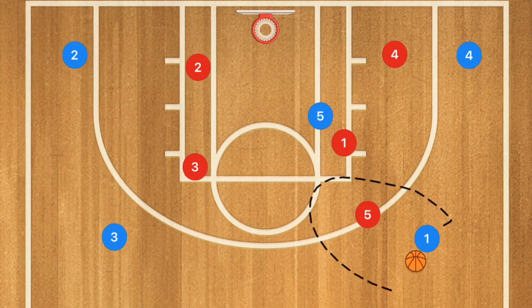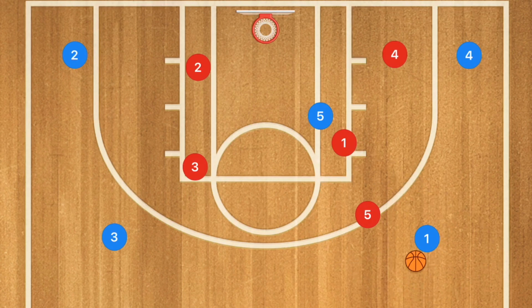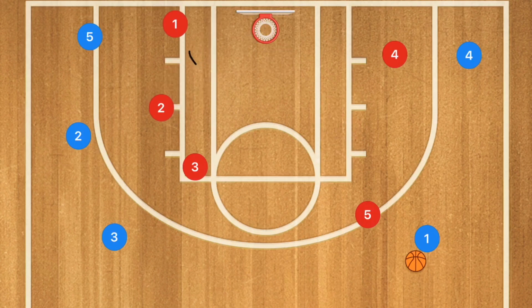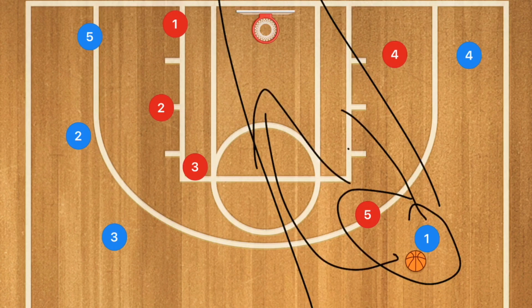Now, heading back to the top right after this screen and roll, if the defenders decide to switch, we now have a massive mismatch between our point guard, in this case Luka Doncic, and of course the other team's slowest player in general, their center. Not all the time, but sometimes. And what we would then have happen here is player 5 would swing out towards the far side. We would have the clear, and of course we would have player 1 having the ability to attack the basket,